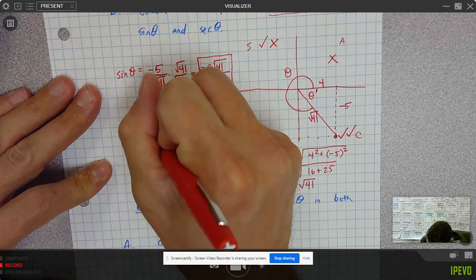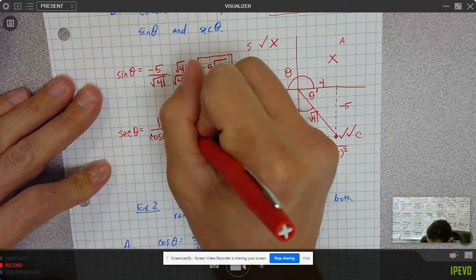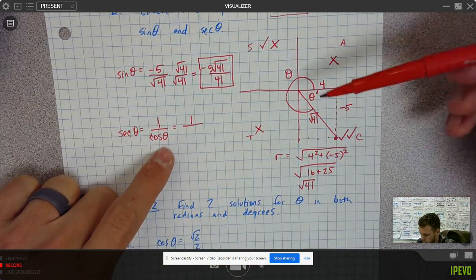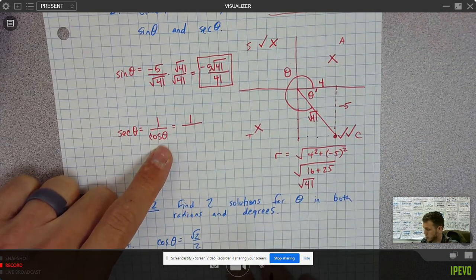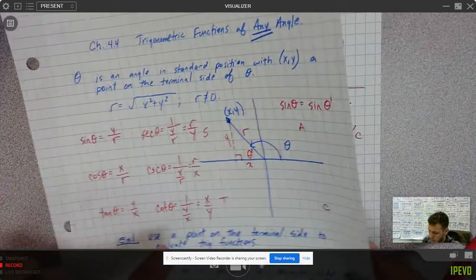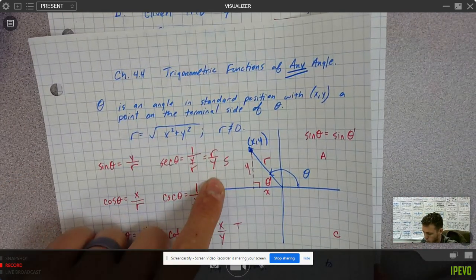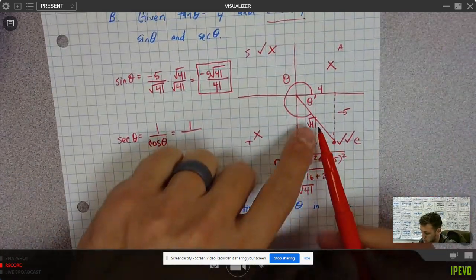So we don't necessarily have to know that. If you can remember from the original that secant of theta is r over y, then you can just say it's r over y, square root of 41 over -5. But if you can't remember that specifically and you want to find the cosine, remember cosine is,